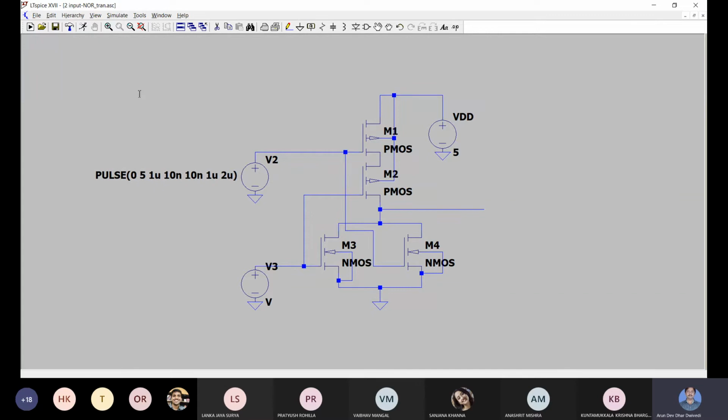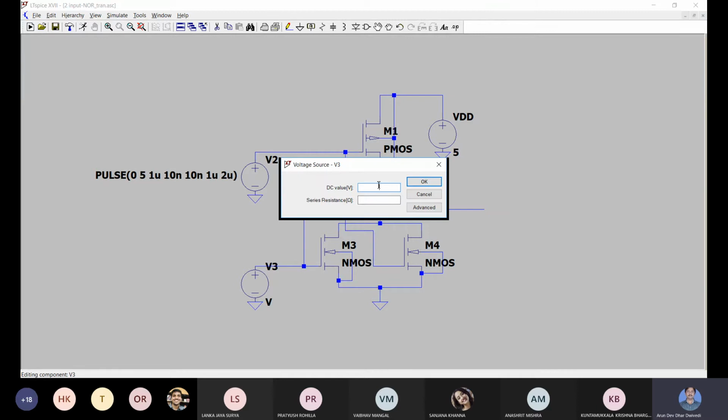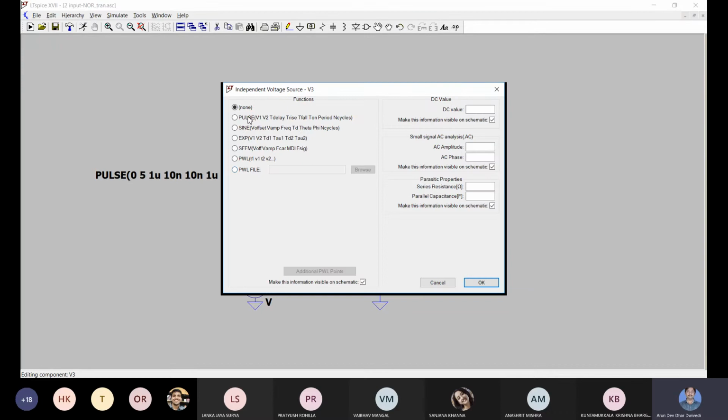Escape again. Again modify this voltage source. By default it is asking for a 0 DC value, but we are defining a pulse. So go to advanced, select the pulse, then initial value 0, final value 5 volt, delay 1 microsecond, rise time 10 nanosecond, fall time 10 nanosecond.